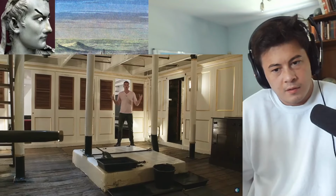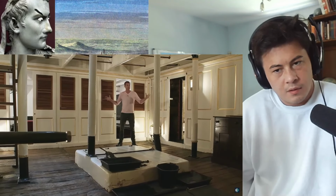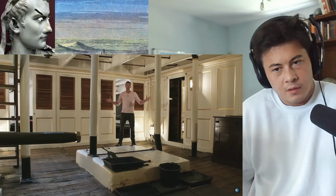So this is the gun room, which oddly enough doesn't have anything really to do with guns. It is the living space, the learning space for the midshipmen, the most junior officers on board. It's a big common room for a bunch of teenage lads. They're on board to learn how ships work. They've got to go aloft, they've got to do the sailing, they've got to learn how they fire the guns and steer the ship, but they're also receiving a gentleman's education because they're expected to be officers and one day